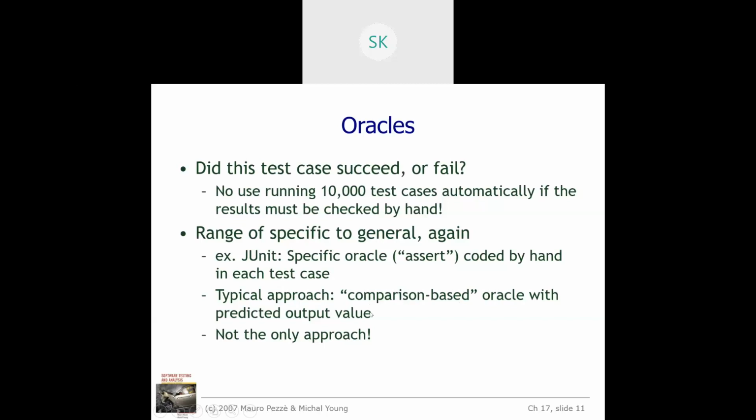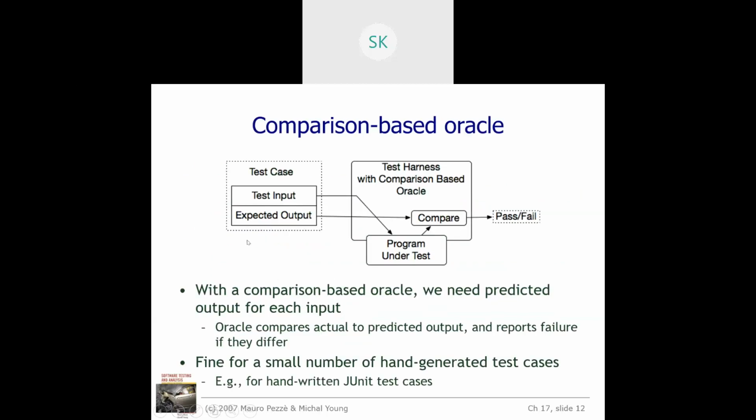For this, I have already given the example of biometric devices. In the same manner, they have a block diagram available. What does this diagram say? First, we understand this diagram. There is a test case design where you will be giving some test input followed by the expected output. You will be writing that, as I said. Next, you will be maintaining a simulation part. The simulation part is nothing but the test harness with comparison based Oracle.